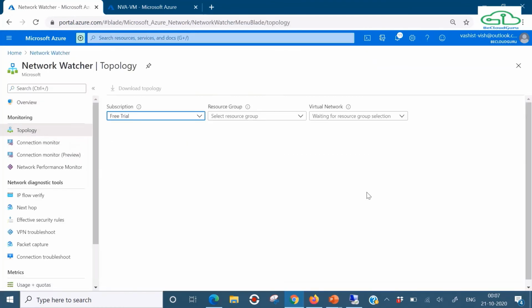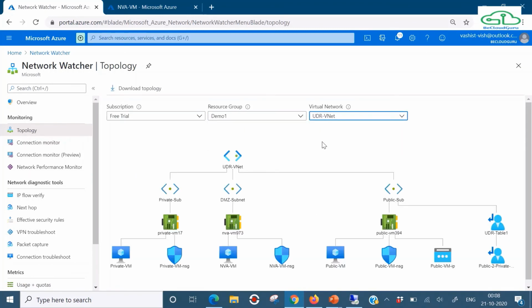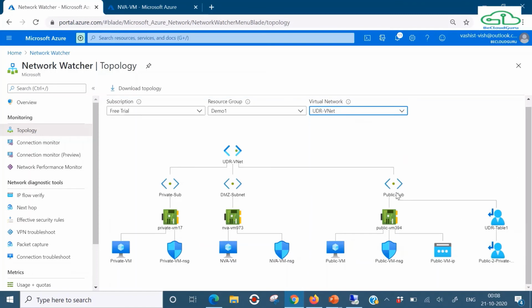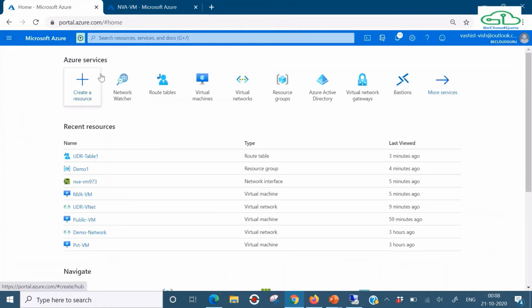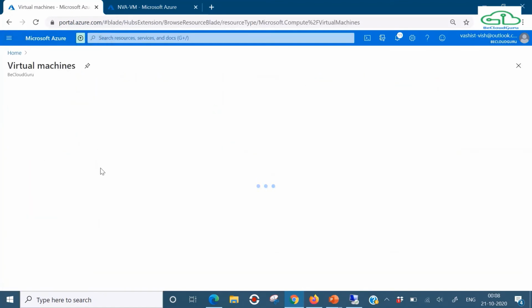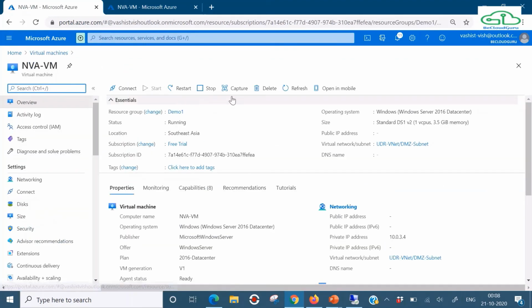Click here, select your resource group, select your virtual network. You will see two different things added. Now on my public subnet, this route table and the route have been added. It's an addition once we associated the table with this subnet, so it started showing in the topology also. Now whatever traffic goes out of this subnet would be governed by this route table. Hopefully my virtual machine should be up by now because we restarted it. Yes, it is.